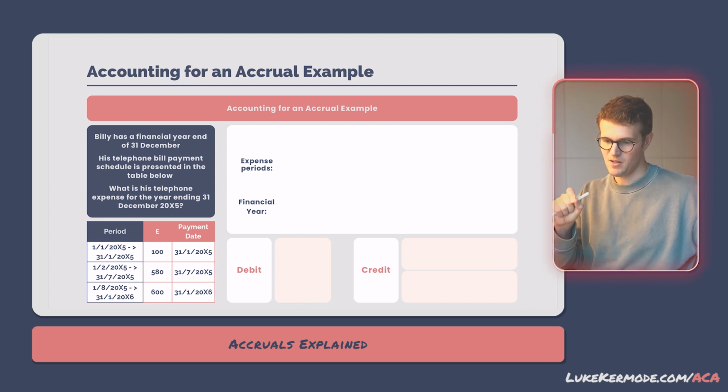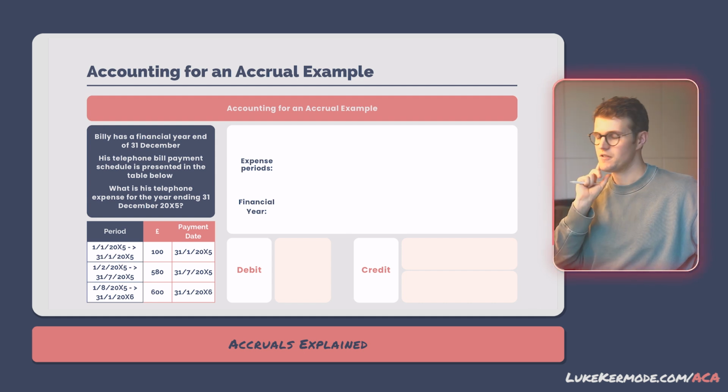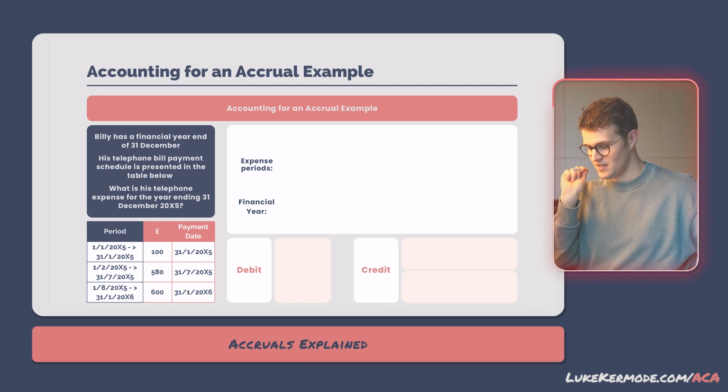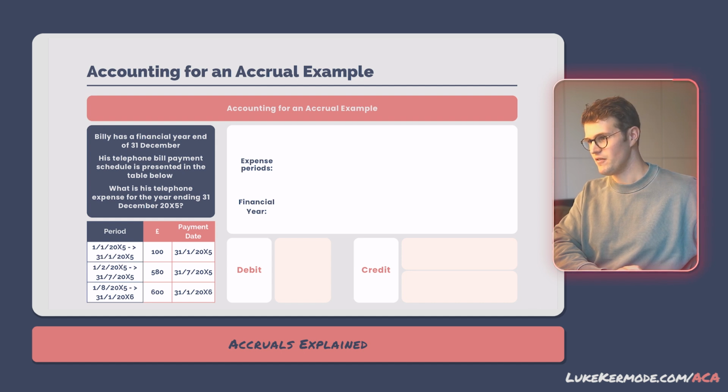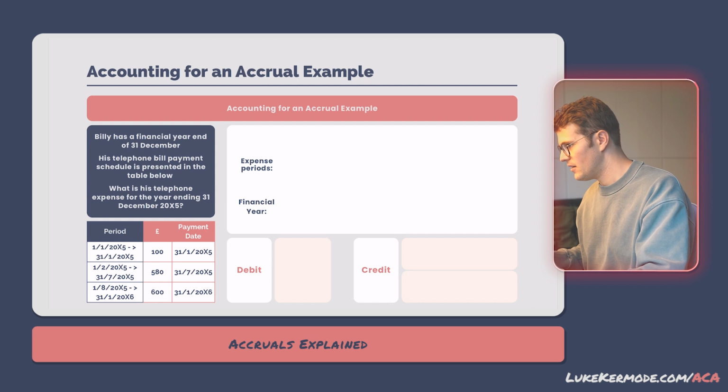So this final payment covers 6 months of phone usage from the 1st of August 20x5 through to the 31st of January 20x6. Our task is to calculate Billy's telephone expense for the year ending 31st of January 20x5. In other words, we need to determine what telephone expense account should appear in the business's income statement for that period. And we can do that by